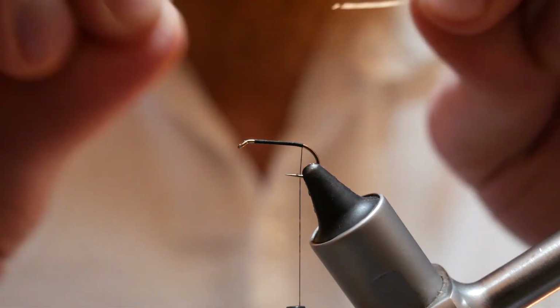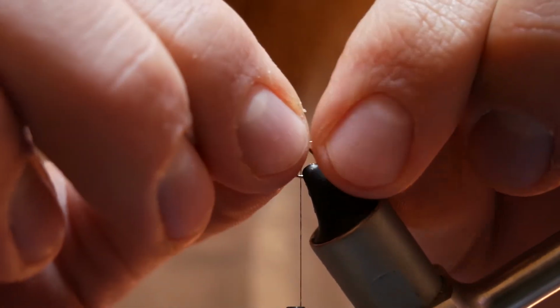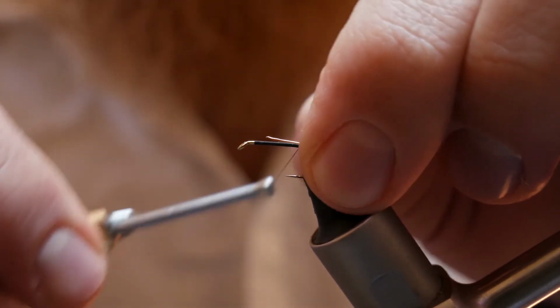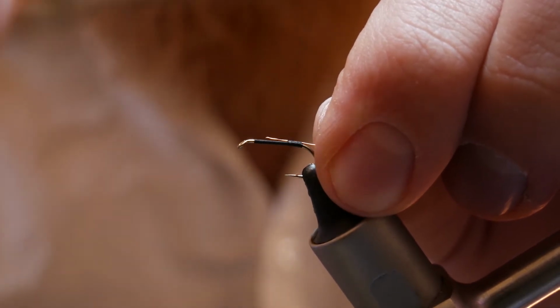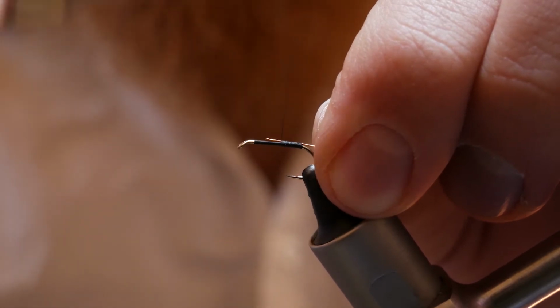We're going to lay it, smooth that out a bit. We're going to lay it on top. Just do the same thing with our thread that we just did, except in the opposite direction. Nice touching wraps. The smoother your wrapping is at this stage, the nicer your wire will go on. So don't rush it. Just make nice touching wraps all the way back up